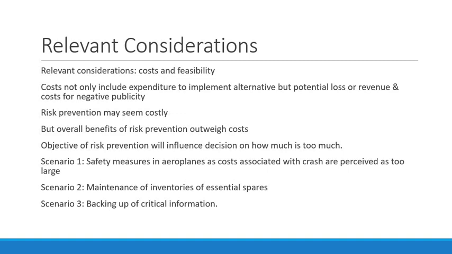An aircraft carries enough fuel to reach its destination and to fly from the destination to another airport if needed. All these costs are additional costs incurred to prevent a crash. These additional costs are incurred because apart from the moral or the legal obligation, the costs associated with the crash, such as fewer orders for aircrafts and fewer customers for the airline, are perceived to be much larger in comparison to the costs expended towards safety.